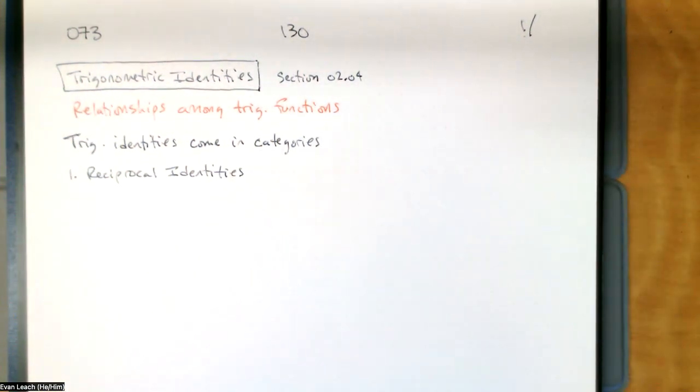The first category of trig identity that we want to start to remember are the reciprocal identities. The reciprocal identities are about how we define three most common additional trig functions. So we're familiar with sine, cosine, and tangent. The reciprocal identities introduce secant, cosecant, and cotangent. So the reciprocal identities, we can think of these as being about introducing